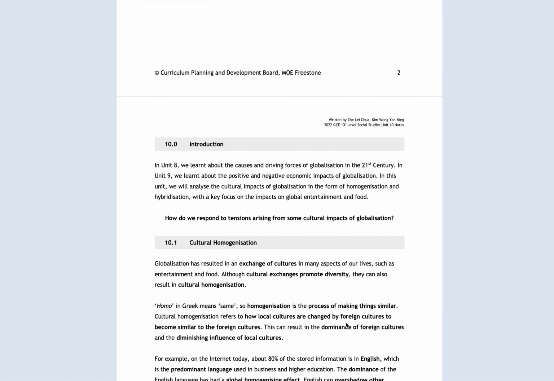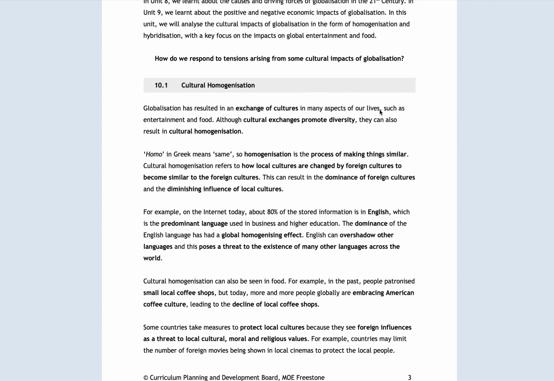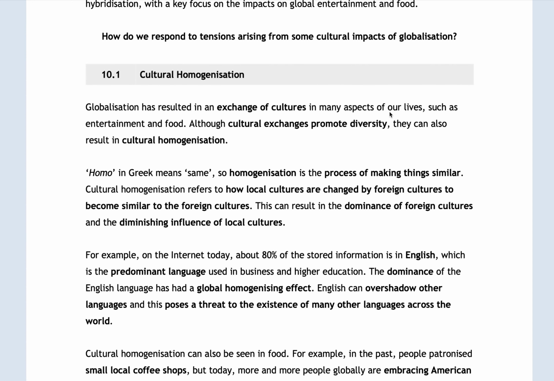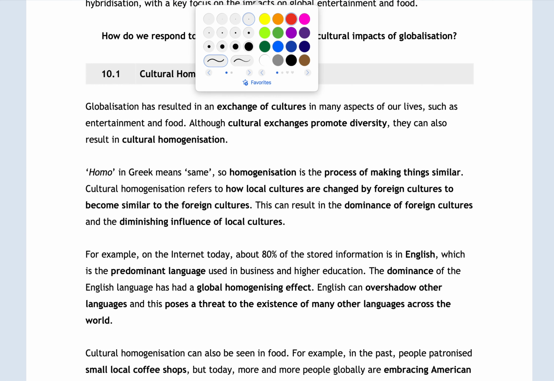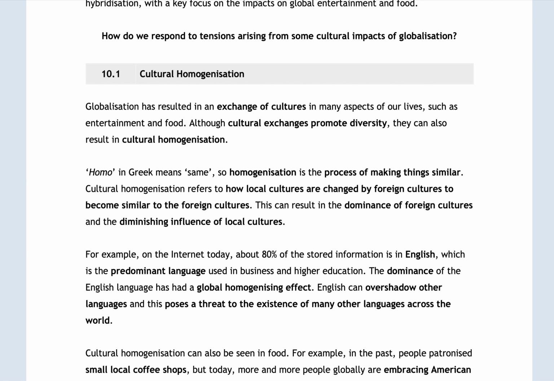Let's go. So apart from economic impacts of globalization, which we learned about in the last lecture, there is also a cultural impact of globalization. So essentially, remember that the idea of globalization is about interconnections, right? So when we have greater globalization, there's a greater exchange of culture as well. Even though we learned in diversity that cultural exchange promotes the idea of diversity, it can also result in cultural homogenization, which is